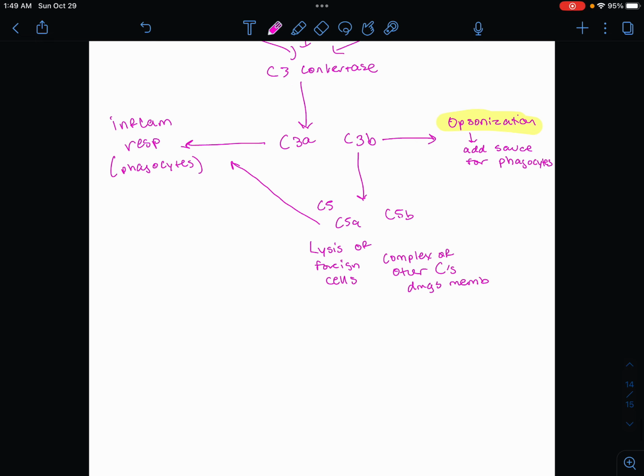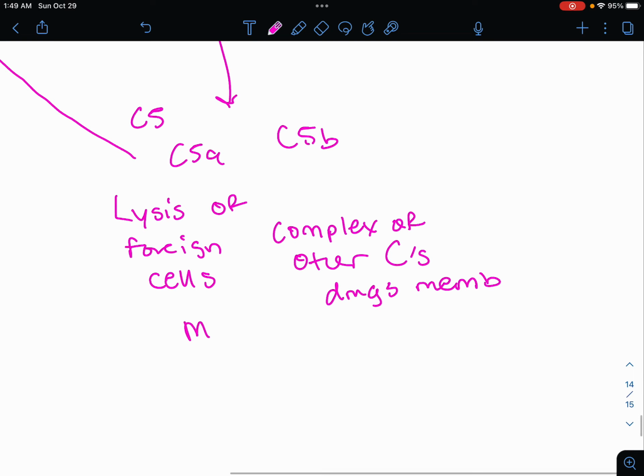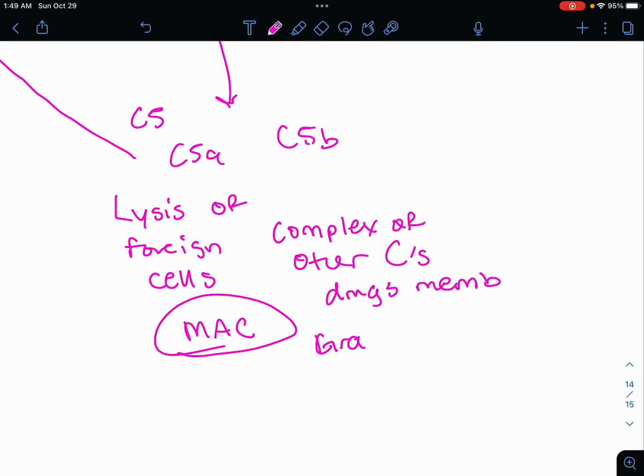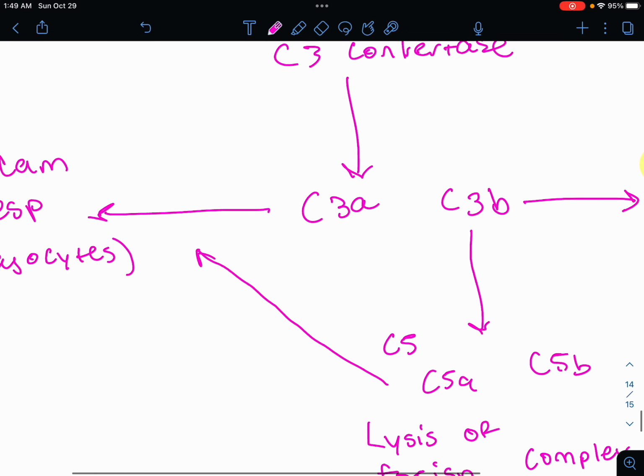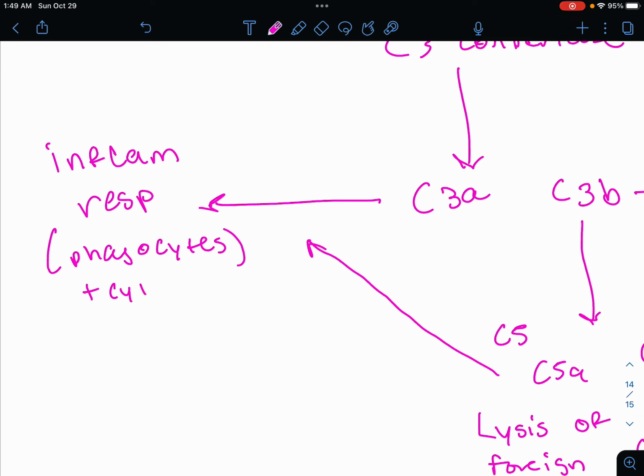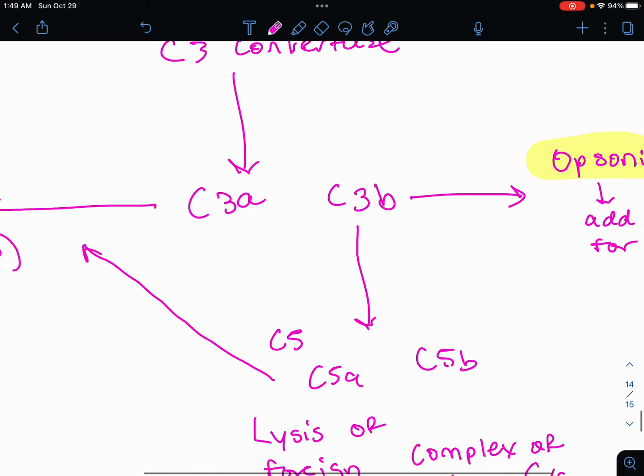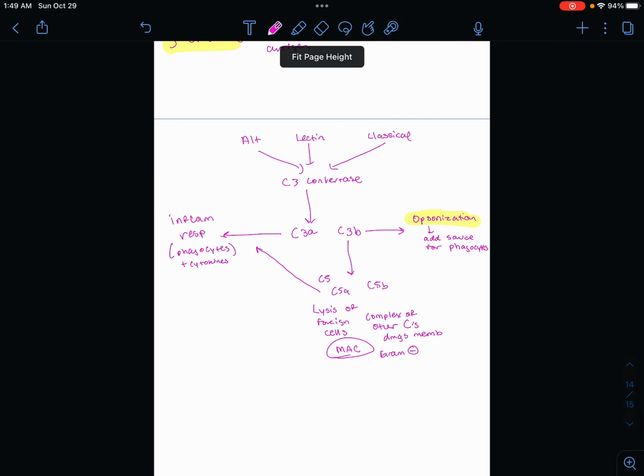We're going to be making something here called the membrane attack complex, or MAC. This is going to be assembling the complex in the cell membranes of gram-negative bacteria. The inflammatory response will actually also release cytokines from the mast cells. And opsonization, we kind of already covered it very well. Okay,